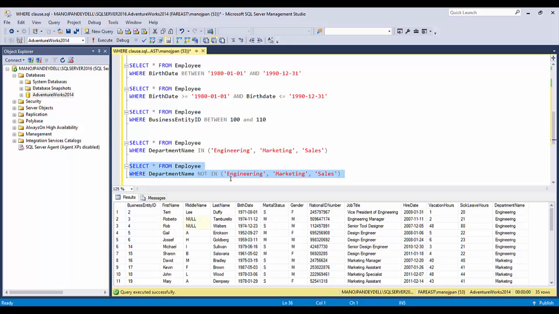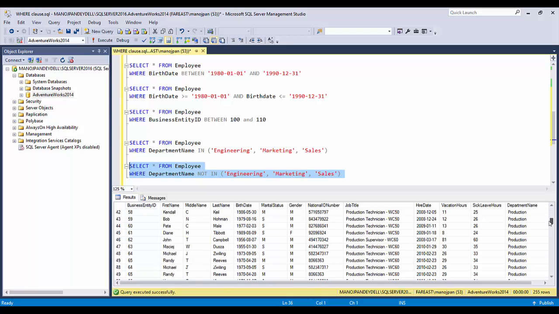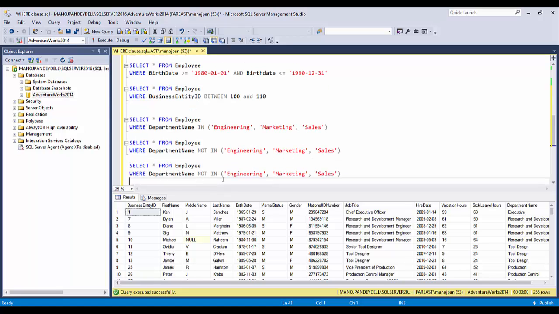So it will give you all the records where the employee does not belong to the engineering, marketing and sales departments. See here? And there is another way to do it also, but that is a bigger way. The way we modified it and reduced it into this statement, we have to